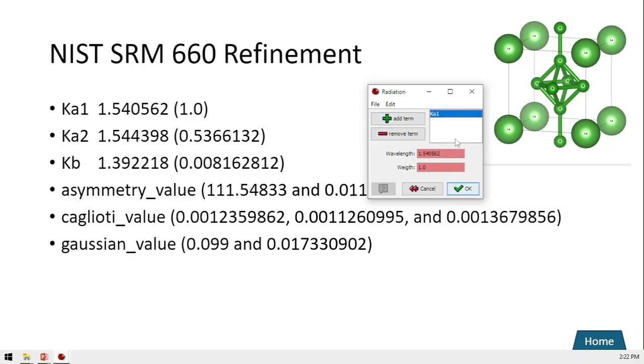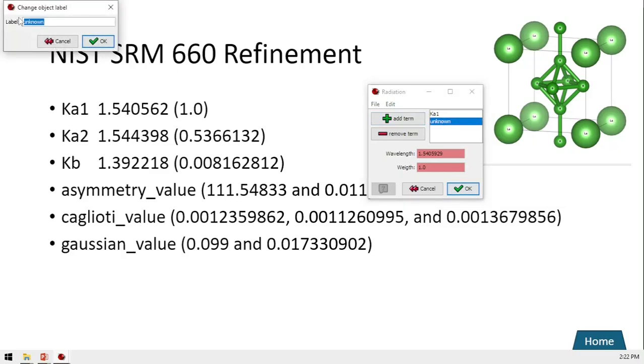It's automatically changed, and we will use K alpha 2, and the wavelength is 1.544398. And also the weight, this is the peak ratio, and I found that it's around 0.5 36132.